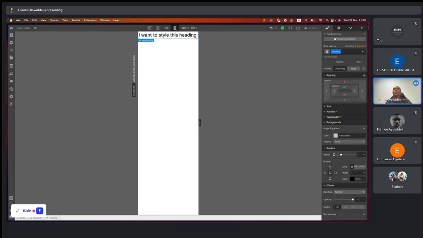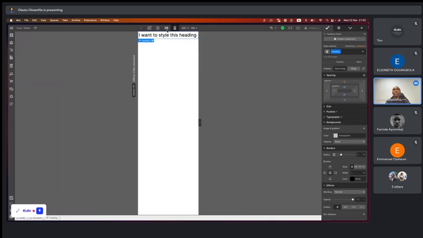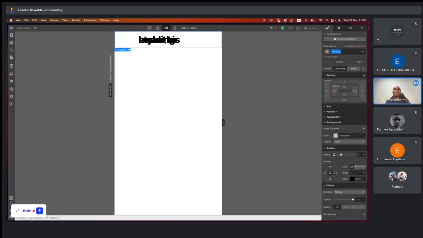Now, look at what happened here. You can see that I made this change to the mobile portrait, but the changes that I made here did not affect the one I made on the mobile landscape and the other screens. So that is just what I'm saying. Now look at this. If I apply any change here on the